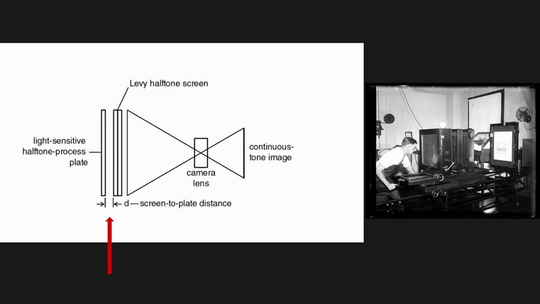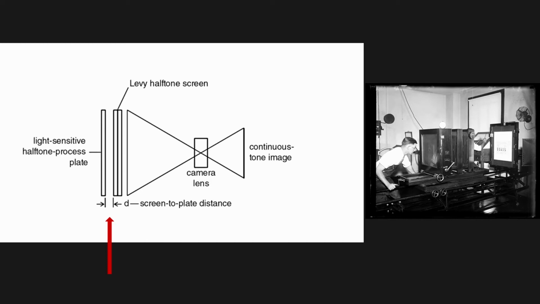So here's a diagram of the apparatus of the process camera that you've just seen in these videos. In some ways, the most important part of this whole setup is that narrow space between the screen and the film emulsion, the so-called screen-to-plate distance. As light enters through each of the tiny apertures on the screen, that aperture, that little space, works like its own lens, refocusing the light into a point. And the screen has to be at a precise distance from the plate, and the apertures of the screen have to be the right size for dot formation to occur.